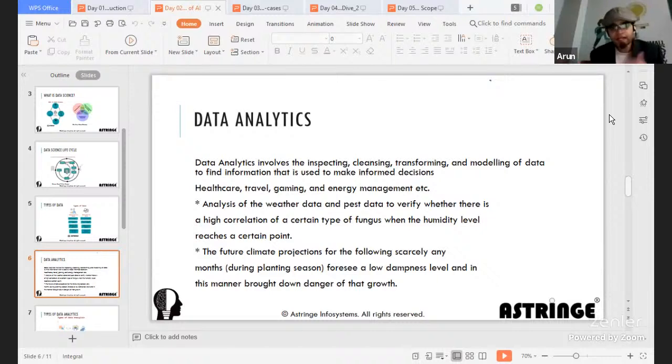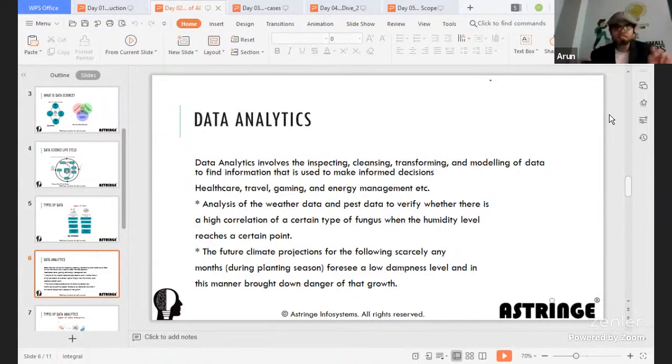In data analytics, as of today, where is it used? It could be used in healthcare, travel, gaming, energy management, or many other places, correct? Data analytics per se is only concerned with inspecting, cleansing, transforming, and modeling of data.